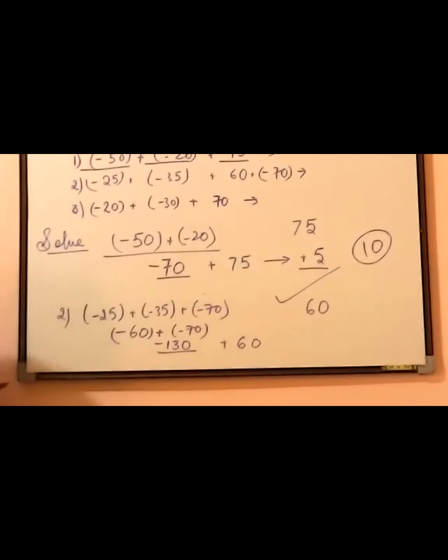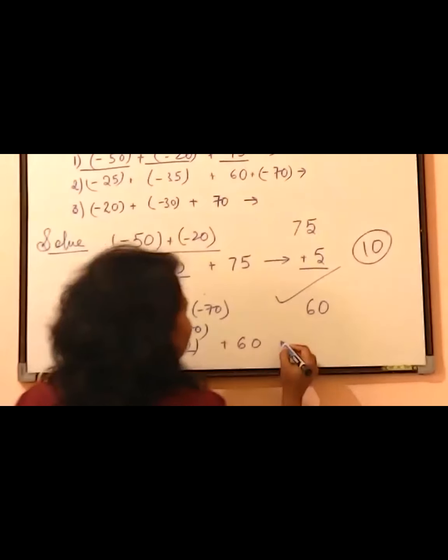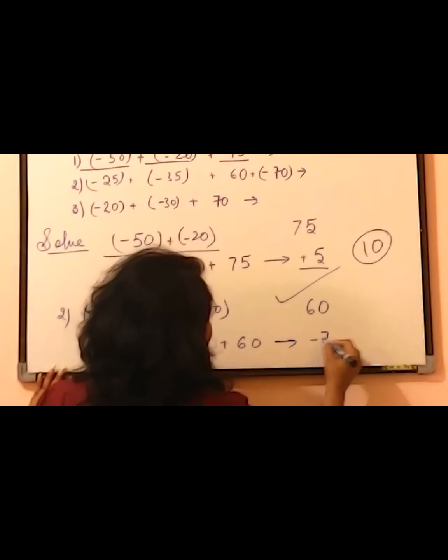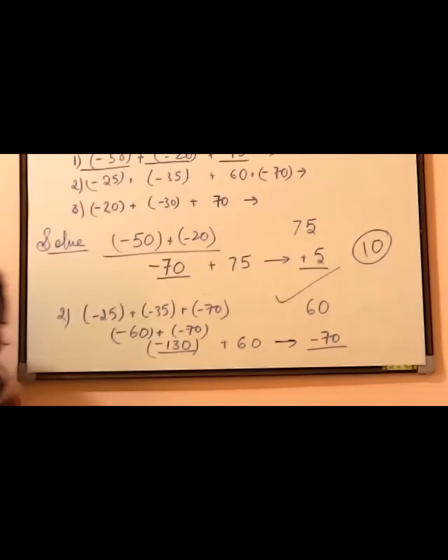So now again the question comes, one positive, one negative. एक बच गया positive बेटा, एक बच गया negative. So बेटा जब positive आ गया और एक negative आ गया, that means they will subtract, and after subtracting you will get it simply -70.